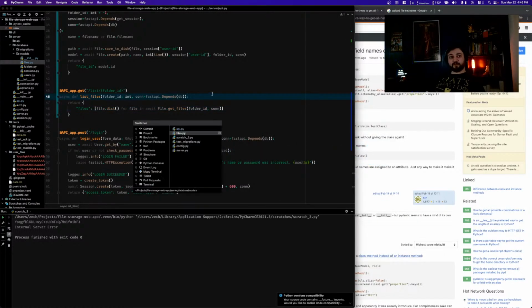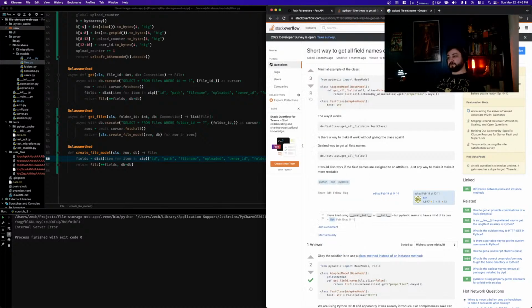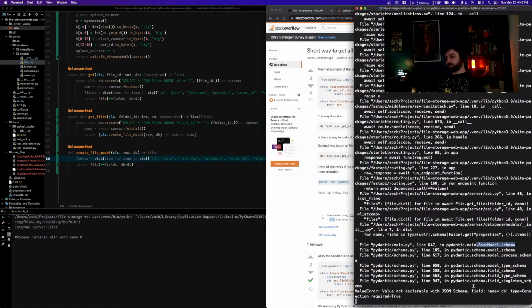So I guess we'll go back over here. Because it seems like looking at this, Pydantic is attempting to create a JSON schema for the model. And because the DB isn't JSON serializable,